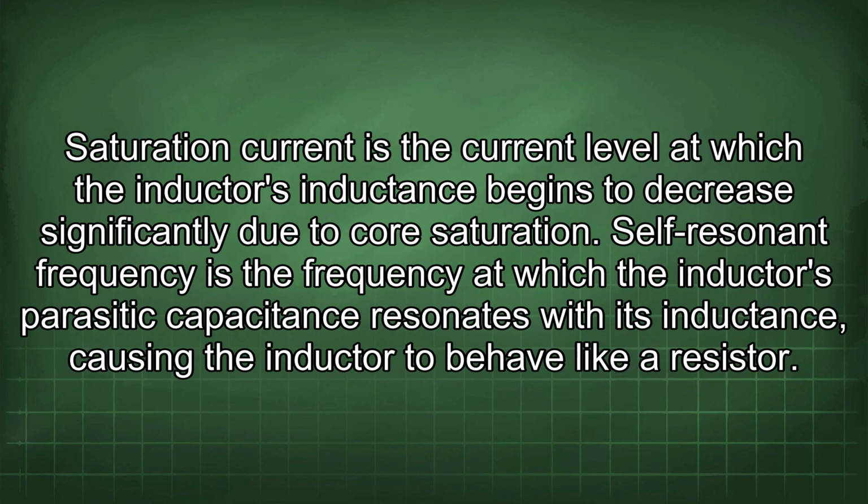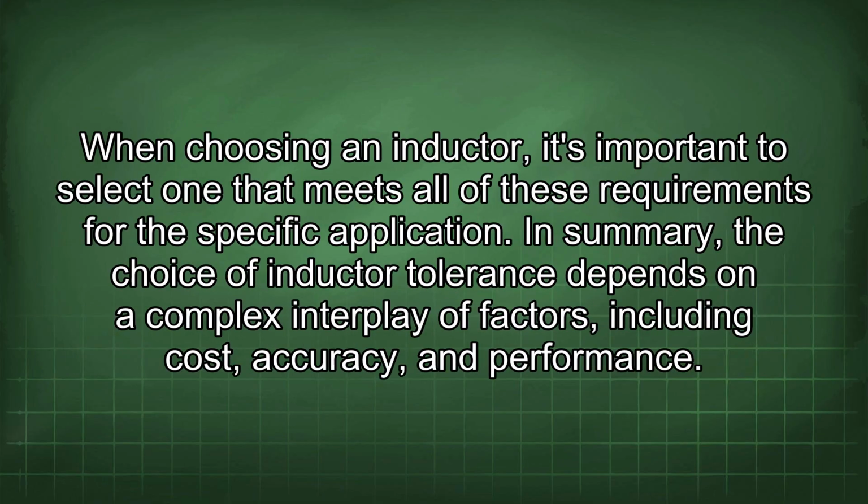Saturation current is the current level at which the inductor's inductance begins to decrease significantly due to core saturation. Self-resonant frequency is the frequency at which the inductor's parasitic capacitance resonates with its inductance, causing the inductor to behave like a resistor. When choosing an inductor, it's important to select one that meets all of these requirements for the